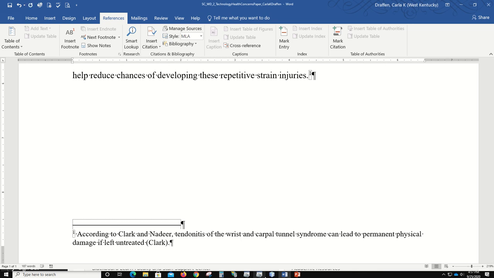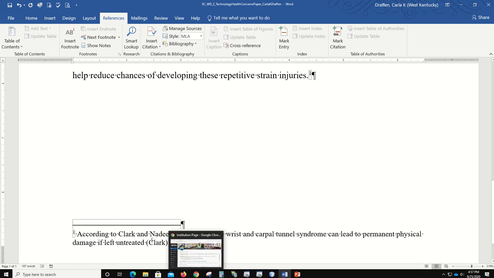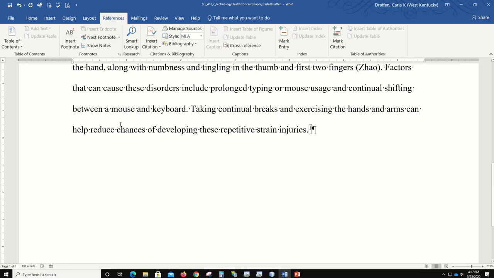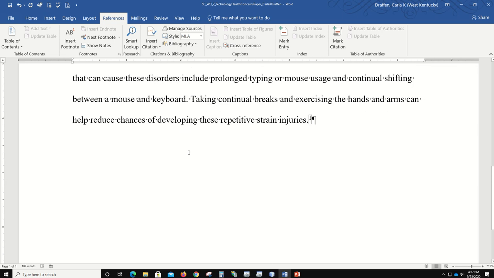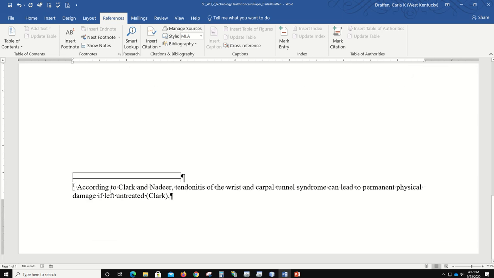Now, the text here is not the way it's supposed to be in the MLA Style Guide. Remember double spacing up here? It's got to be double spacing here. Remember that it's supposed to be indented, first line indent down here. Also, the font size is supposed to be 12 point. So we've got a few things here to tweak to make it look and work like the MLA Style Guide requires. So we want to